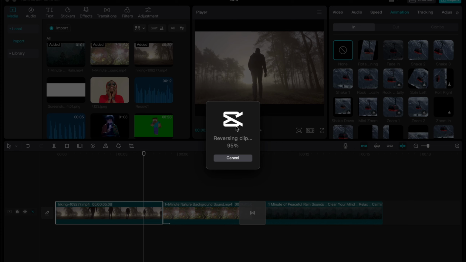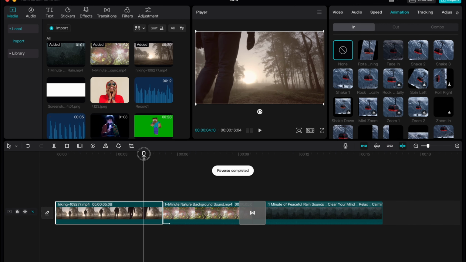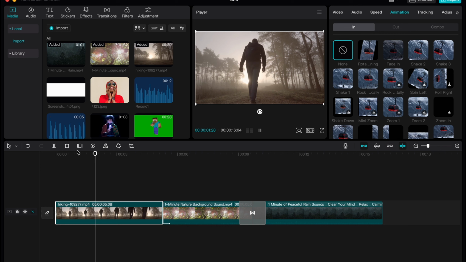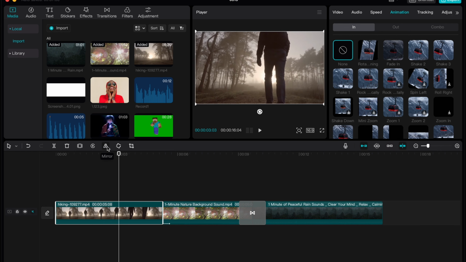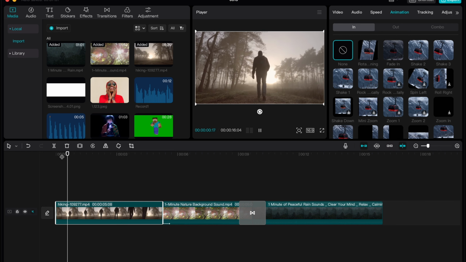So now, as you can see, this video is successfully reversed, but we can also mirror it, and now it looks even more interesting. So this is a way how we can reverse video in